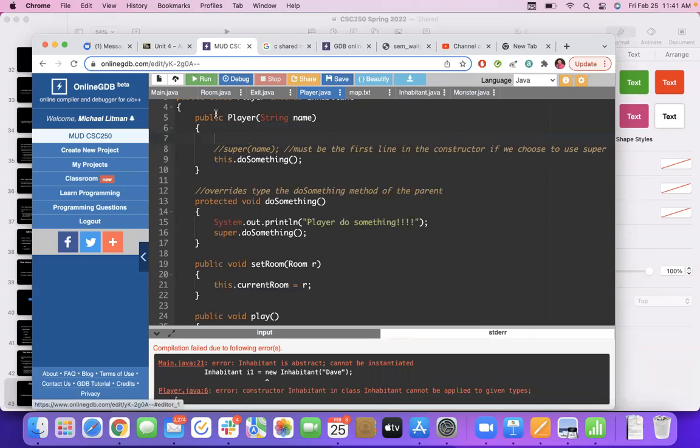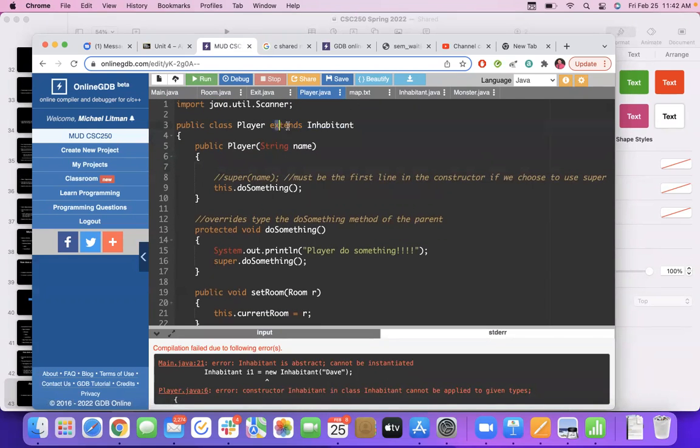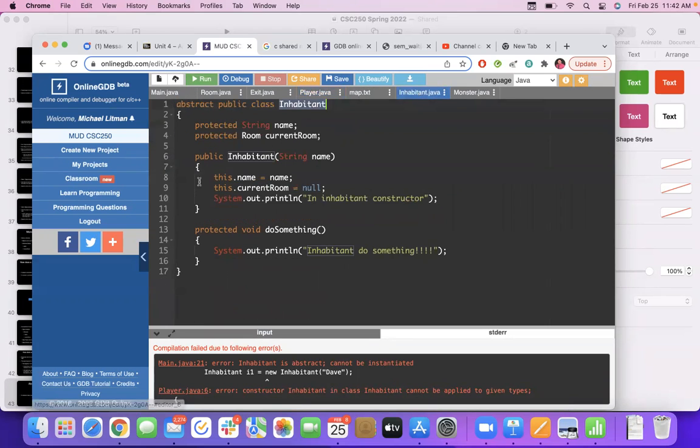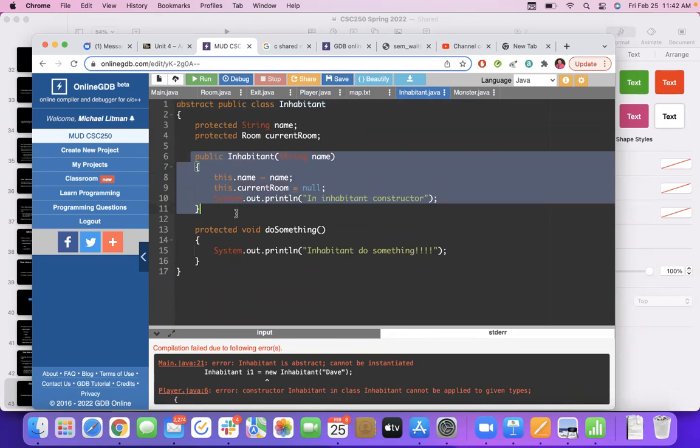So whenever we have a class that extends another class, that class will automatically call the parent class's constructor, even if, for example, the parent class doesn't actually have a constructor. For example, if I remove this constructor,